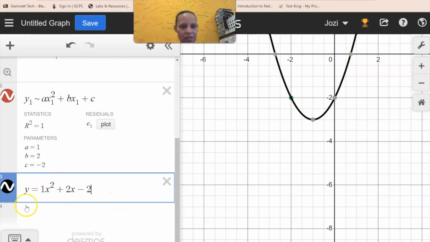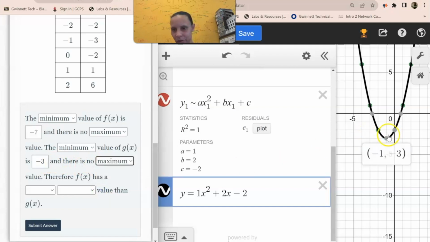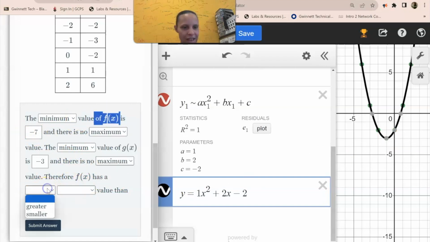All right, so notice how it's the same thing. If it doesn't happen to give you one of the vertex points, I can see clearly it's -1, -3. So once you put in the table, it's -3, my y value. There is no maximum because it's a minimum. I can just see it. All right, therefore, which one is bigger? So f of x is -7. F of x has a smaller